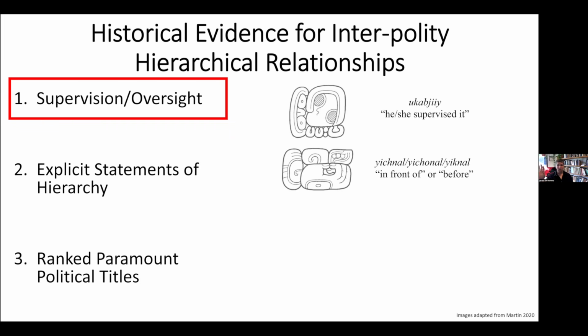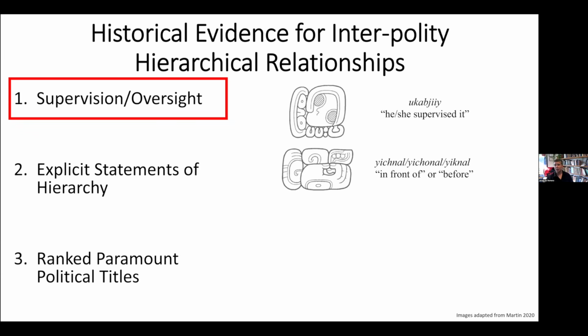That's where we get non-local references most often. So Tikal initially, and then Kalakmul shows up in the texts of many, many kingdoms where we have Kalakmul rulers overseeing the installation of a local king. And that's showing up in that subordinate state's texts. So they're writing about their own domination or their own subordination to this external power.